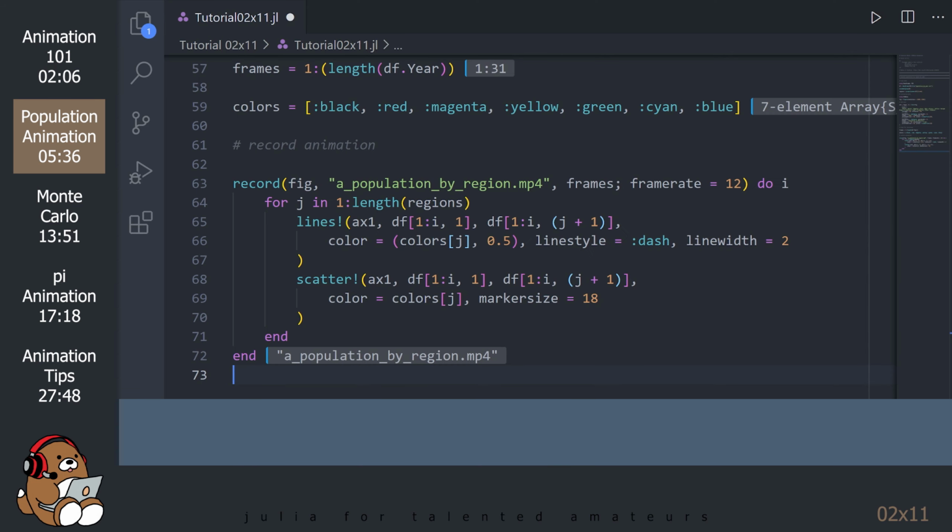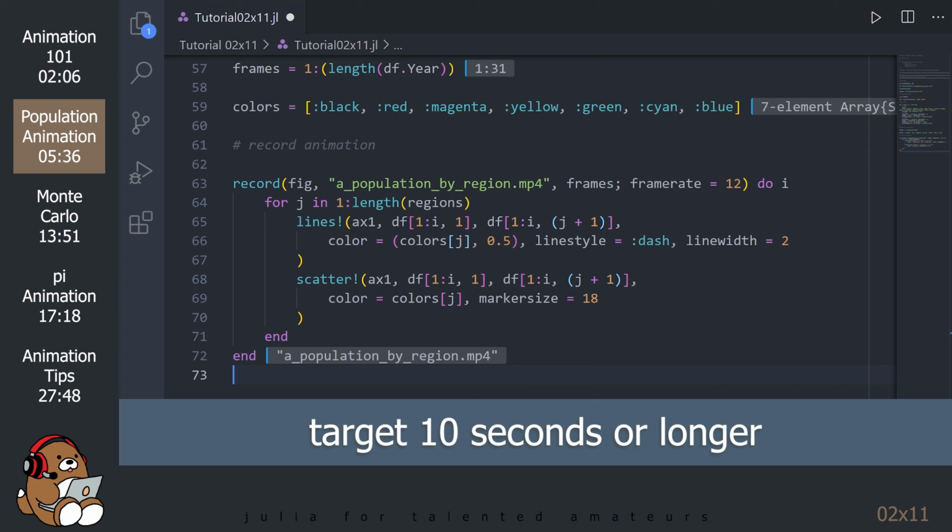While this animation may be interesting, there are a number of issues with the code that I wrote for it. First of all, this animation is too short. A 2 to 3 second clip is not long enough to tell a compelling story. As a result, I had to keep looping it, which can get annoying for your viewers. For your own animations, you should consider animations that are at least 10 seconds long or longer. 10 seconds at 12 frames per second means that you should have at least 120 individual frames, not just 31